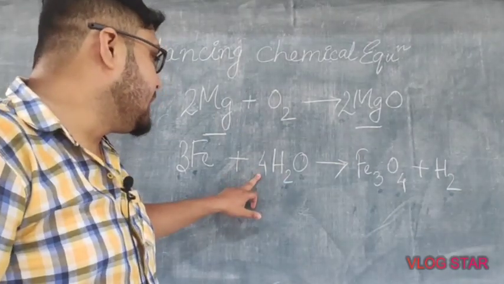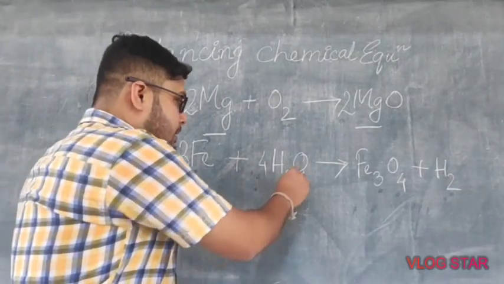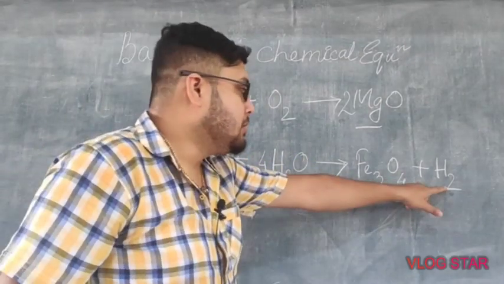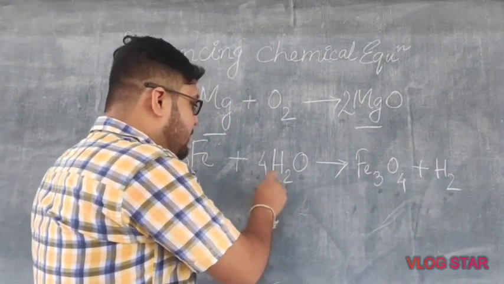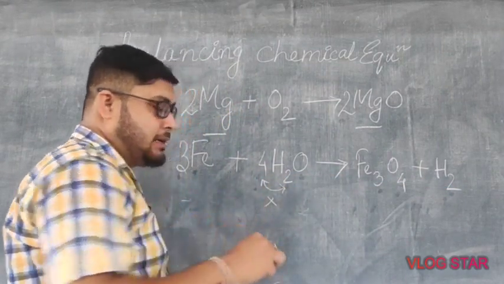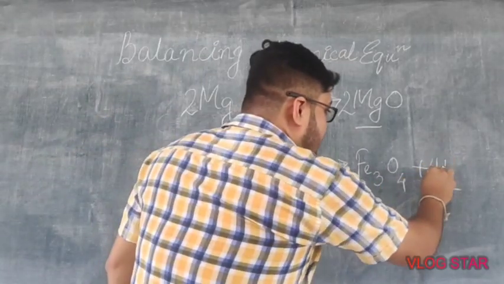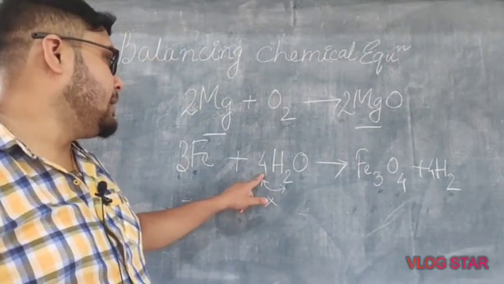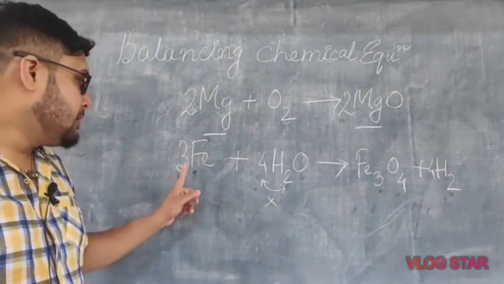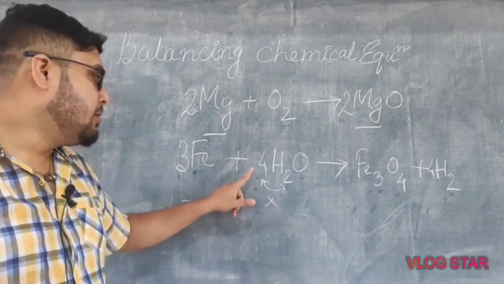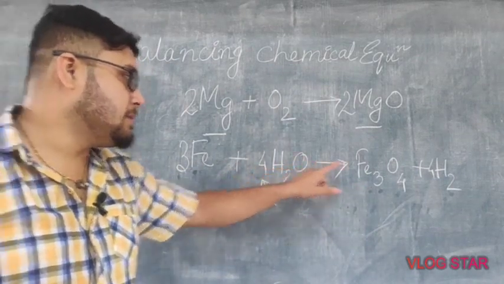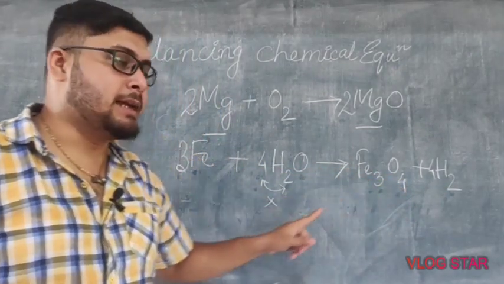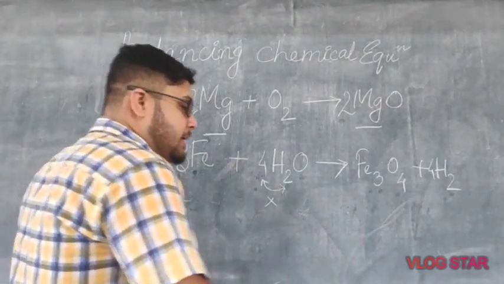When we are putting here 4, this 4 is representing hydrogen also, oxygen also. So here there is 2 into 4, that is in between these 2 we will multiply. 2 4s are 8, and to balance it we put here 4, 2 4s are 8. So putting 4 here, see now, 3 Fe, 4 2s are 8 hydrogen atoms, 4 oxygen, 4 oxygen. So we are getting a complete balanced chemical equation.